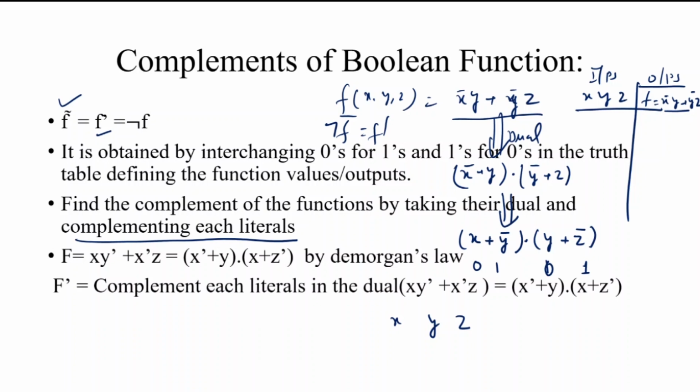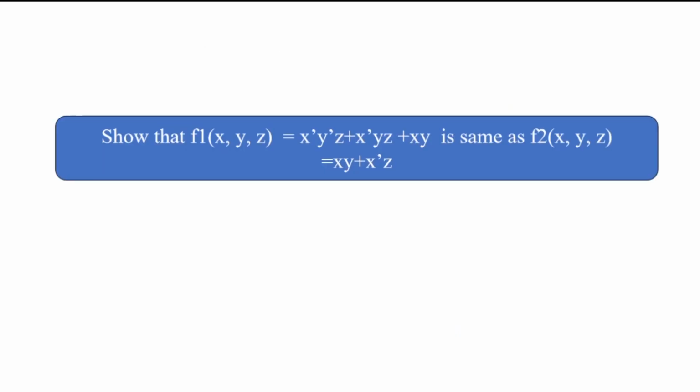We will discuss it by taking an example in the next slide. Suppose the function f1 represents the same as f2. Here we use a truth table for representing this, or we simply use the laws of Boolean algebra, the theorems and some postulates of Boolean algebra, to minimize this function and prove whether f1 is the same as f2 or not.